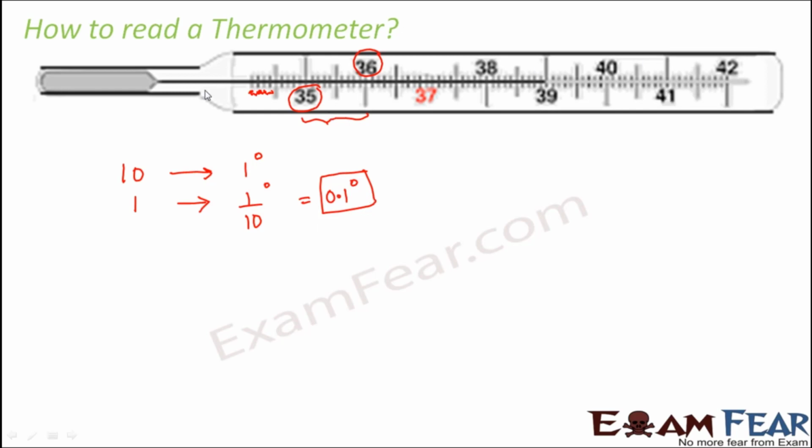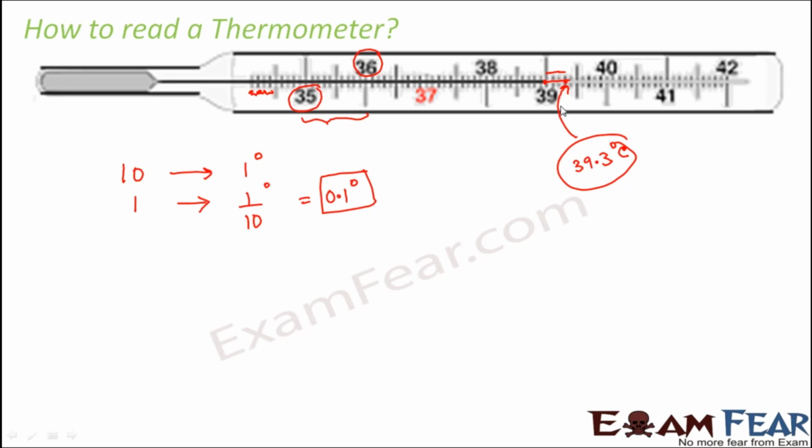Here if you look at this thermometer, the mercury line has gone up to this point. In this case it is pretty simple because this point is directly 39 degrees. So it is quite easy to read. But many a time the line might go up to this point. Had it gone up to this point, then what would the temperature have been? Till here is 39, then 1, 2, 3, and each of these is 0.1. So 0.1, 0.2, 0.3. In that case, it would have been 39.3 degree Celsius. So this is how we read a thermometer.